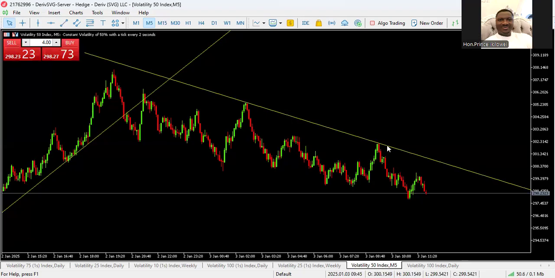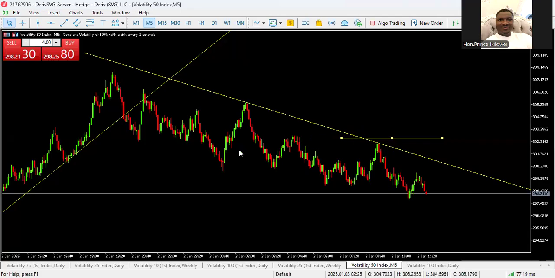Then come back again to your trend line. Look at the second entry point here. Here again is another entry point. So when you sell here, you put your stop loss. If you sell here, your stop loss should be above here, all right? So that in case it goes up, you can take it off. Or take it a little bit up so that you don't get stopped out and then the market starts going your direction. So if you miss this selling point, what you do is you wait for the second entry, which is